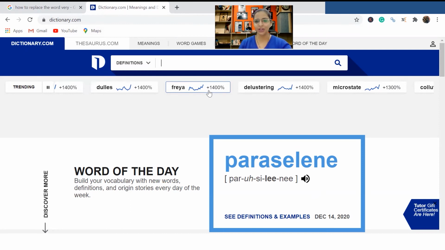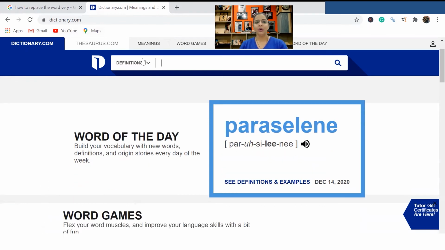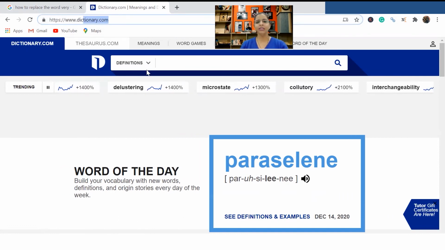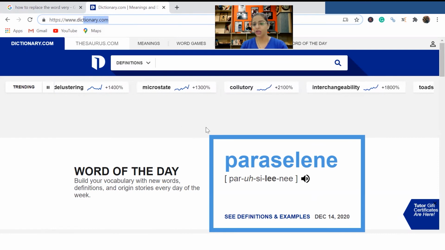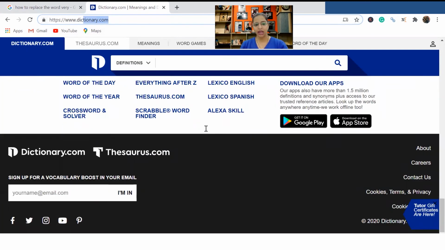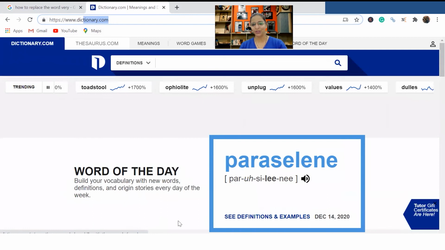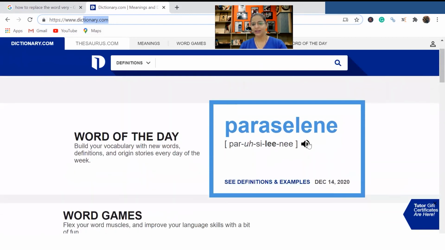So don't make your writing or stories hard to read. You have to make them easy to read. What I'm suggesting is you go to dictionary.com. It's a tool. You can go to the end and put in your email ID, and then one word every day will land in your email with the pronunciation and the usage. Like this is the word of the day. You go and see.